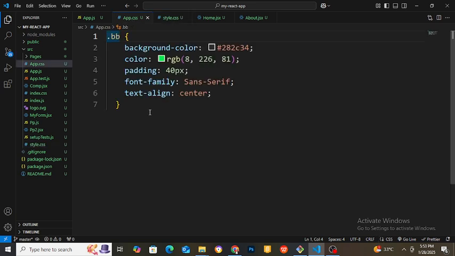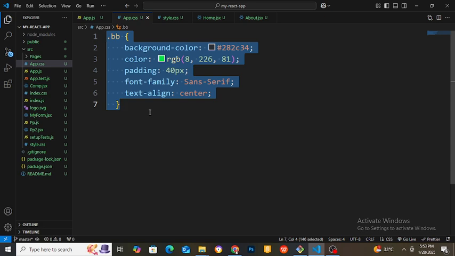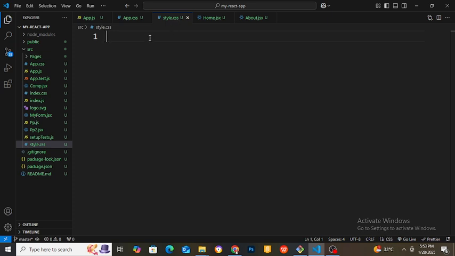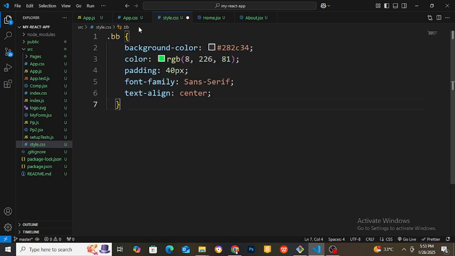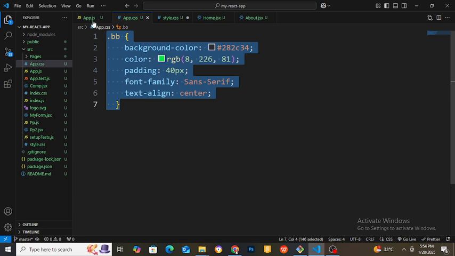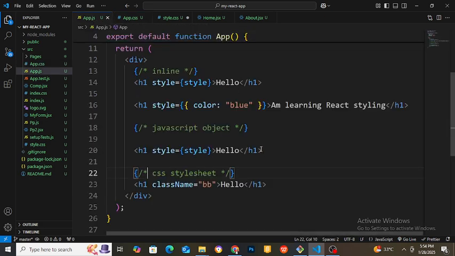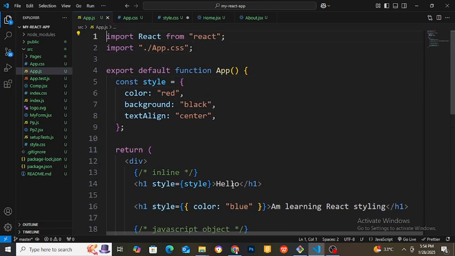Then I copy everything from here and paste it in my style.css. After pasting it, I'll come to this place. You know, this class name is the same thing. I'll just have to come to this place and change it to